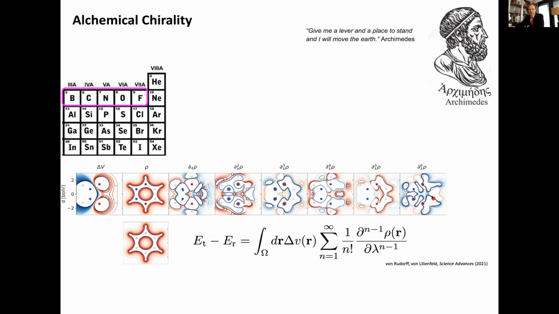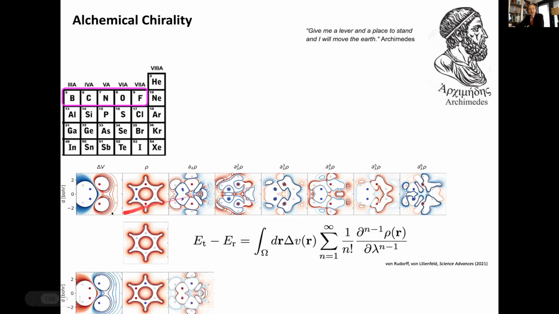And these are the higher order derivatives. Now, if I apply the opposite potential, I just change the sign of my delta V, it looks like this, and it brings me to this molecule. And the perturbed electron density actually looks the same except for the sign. And this tells you that if this is the same derivative with opposite sign, it means that the energy difference here would also have the opposite sign,